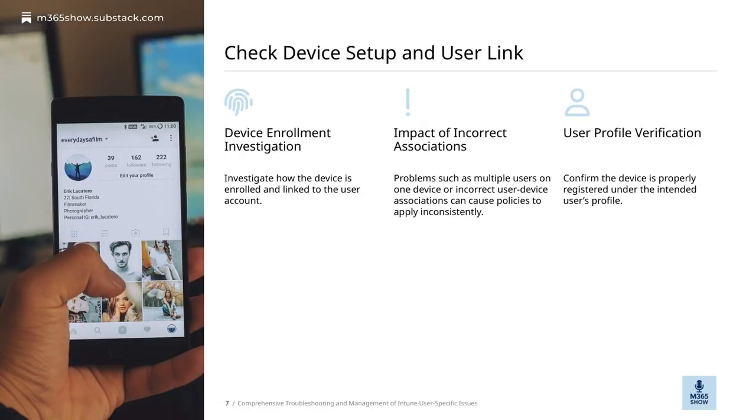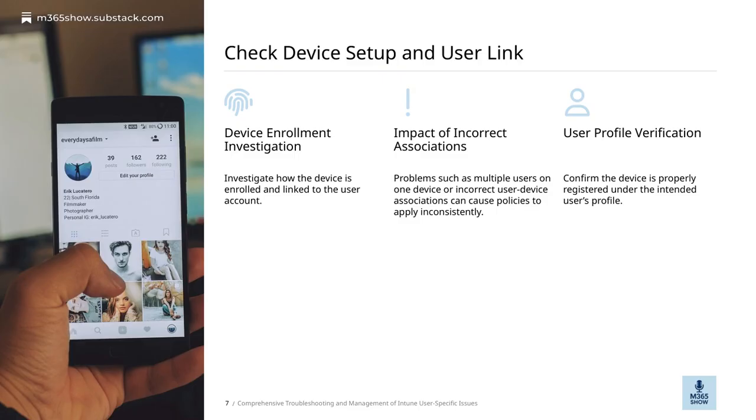Let's start by confirming that the device is properly registered under the intended user's profile. This is a crucial first step because if the device isn't linked correctly, policies and settings won't apply as expected. Next, we need to verify the user profile itself. Sometimes, issues arise when there are multiple users on a single device or if the user-device association is incorrect. These situations can lead to inconsistent policy enforcement or access problems, so it's important to check for and resolve any